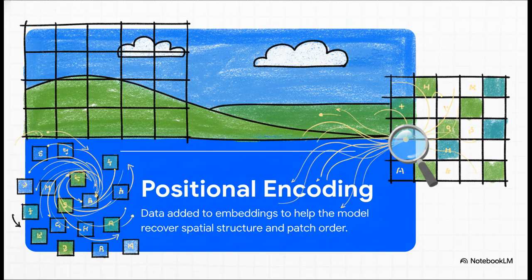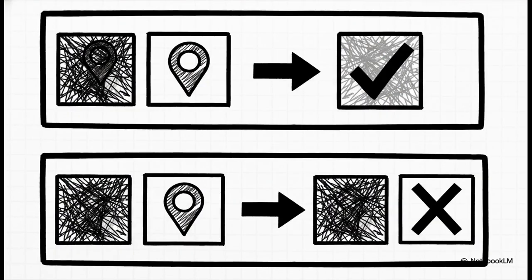It gives the model its spatial awareness back, allowing it to understand exactly where each patch belongs in that original 14 by 14 grid. And the crucial point here is that this positional data is carefully added rather than concatenated. If we just tacked it onto the end of our vectors, our dimension would swell way past 768, and that would break the strict architecture of the network. By mathematically adding the positional values directly into the existing 768 numbers, we perfectly preserve our exact dimensionality. The meaning of the visual data and the location data are just beautifully fused together in a single, perfectly sized